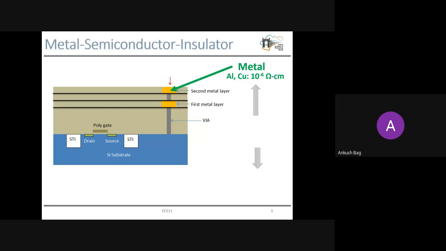Not only in this metallization layer, we also have metallization over the source and drain contacts, as in the case of discrete devices. Typically the metals we use when fabricating these integrated circuits are aluminum, gold, and copper. You can see the resistivity is around 10 to the power -6 ohm centimeter. This is the resistivity of these metals. Of course, it is very, very low because this is a metal and it can conduct current very easily, as it has a lot of carriers.